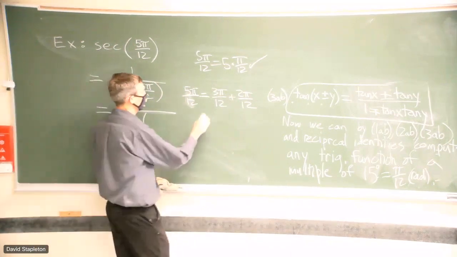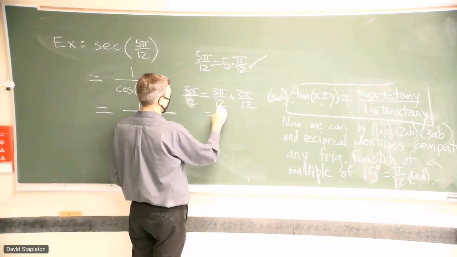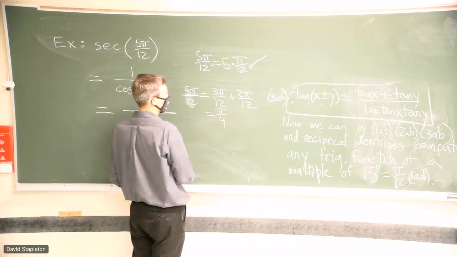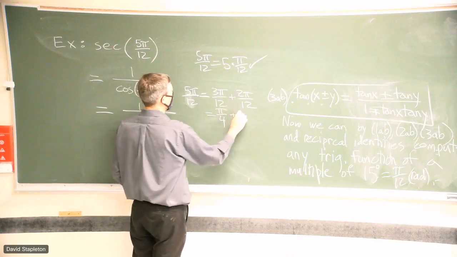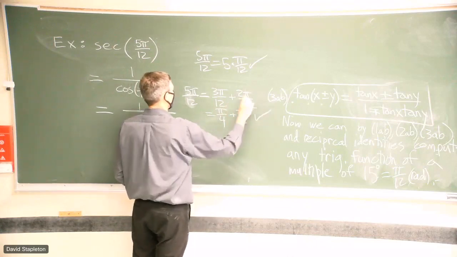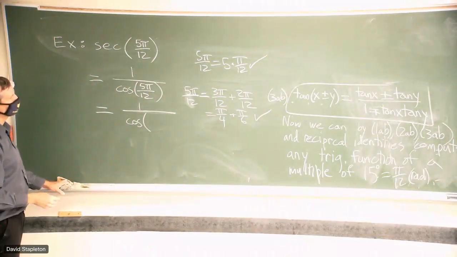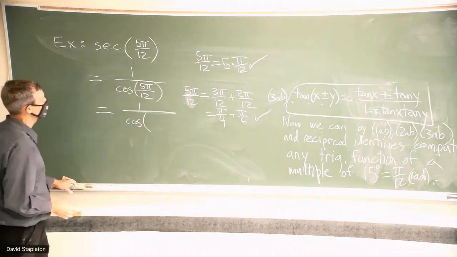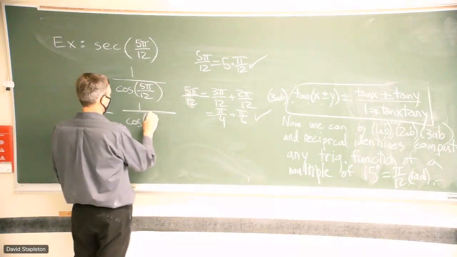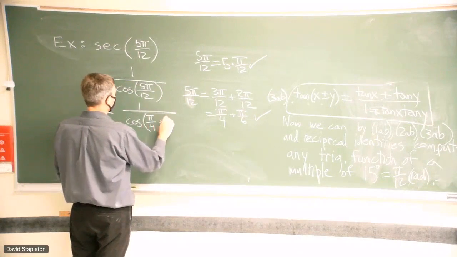If 3 pi over 12 is a special angle, well, 3/12 is 1/4, so it's pi over 4. That's special, right? It's 45 degrees. 2 pi over 12 is pi over 6. That's 30 degrees. Hey, there we go. So there's a way I can write it as a sum or difference. Write it as so many 12ths plus so many 12ths and see if it reduces to special angles. So this is actually going to be cosine of pi over 4 plus pi over 6, the sum of two